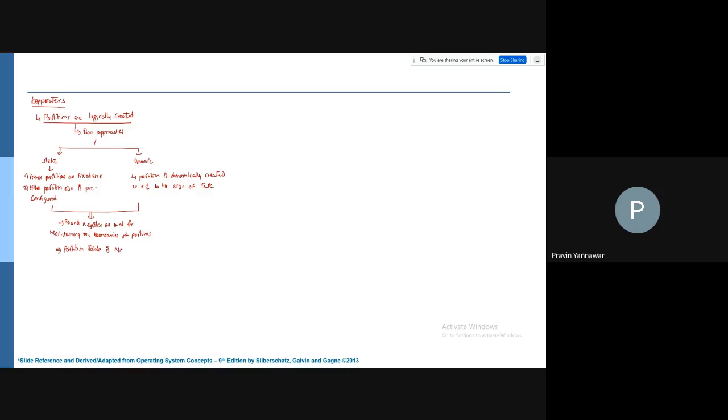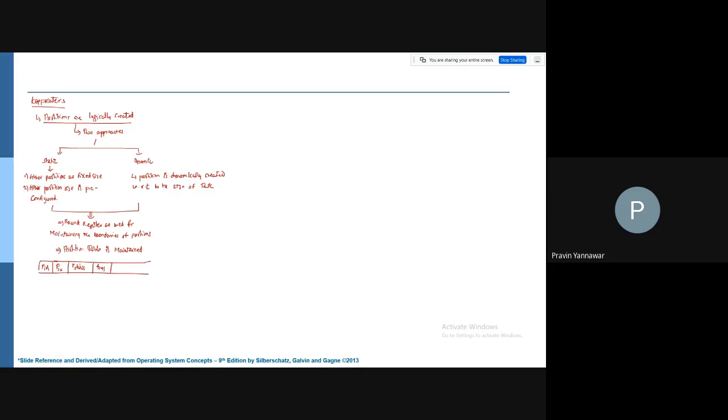The next most important point is that the partition table is maintained, right? And what is the information in the partition table? This is partition ID, then partition size, then partition status, and then fragmentation.